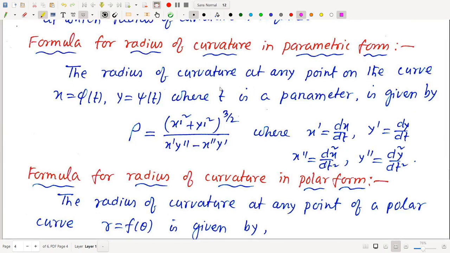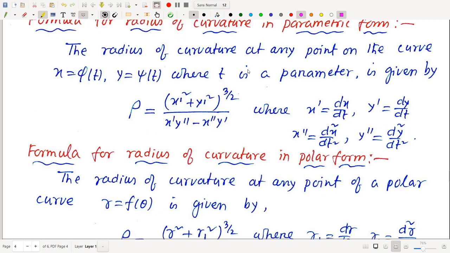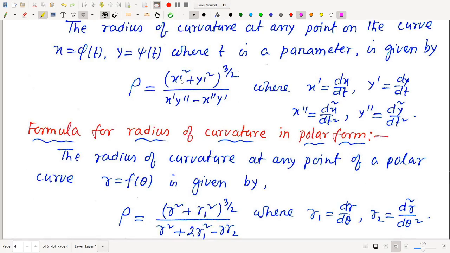Next, two formulae we shall write only without proof. We shall use the formula for radius of curvature in parametric form. The radius of curvature at any point on the curve x equal to phi t, y equal to psi t, where t is a parameter. This is called the parametric equation of a curve. T is the parameter. And in this case, the radius of curvature is given by rho equal to